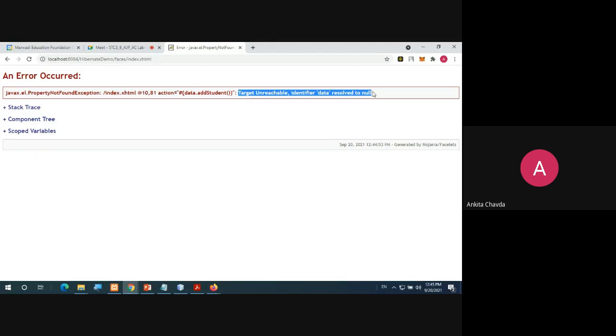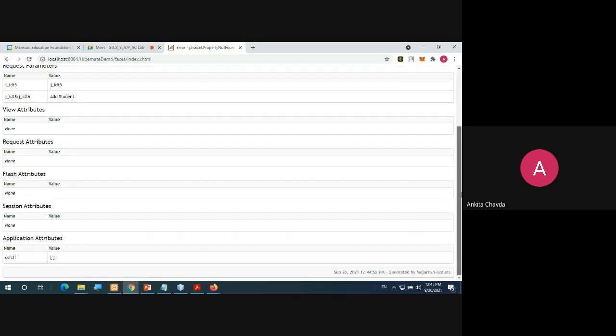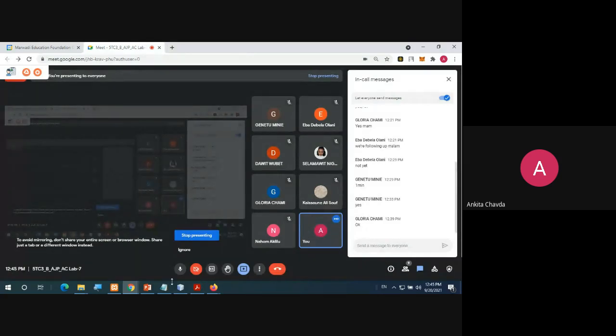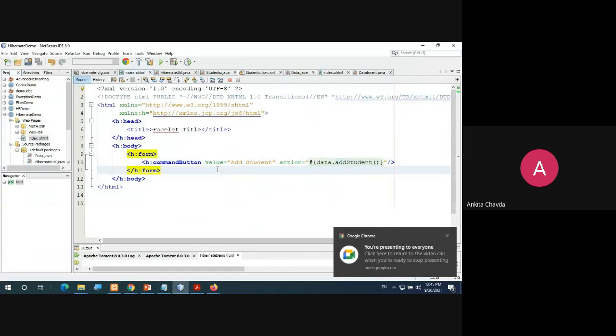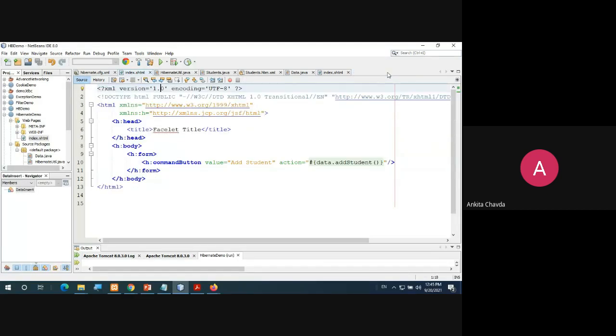I'll see what I can do in that. But this is the way how to do Hibernate programming. This is what I'm deleting now. It's HB demo.